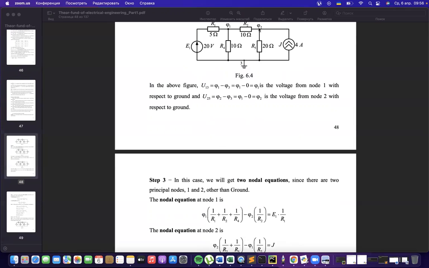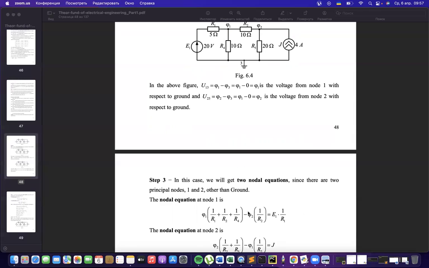Conductivity through R2, through R5, and it should be conductivity through the current source, but the conductivity of the current source equals 0, because for this element the resistivity is very high. That is why we don't take it into account and only take resistors. The own conductivity is 1 over R2 and 1 over R5,